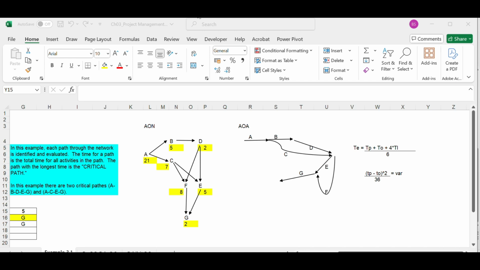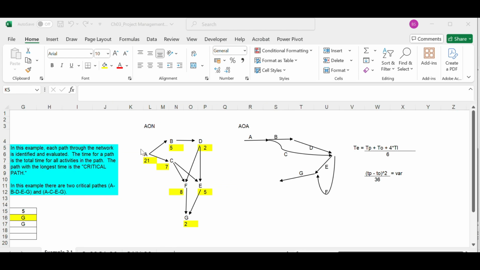Now let's talk about a concept called slack. Slack is an allowable delay of an activity or a path. Critical path operates at zero slack. Every activity in a critical path should start at a planned time and end at the planned time. You can have a slack for a path and a slack for an activity. Suppose in this particular example, we have